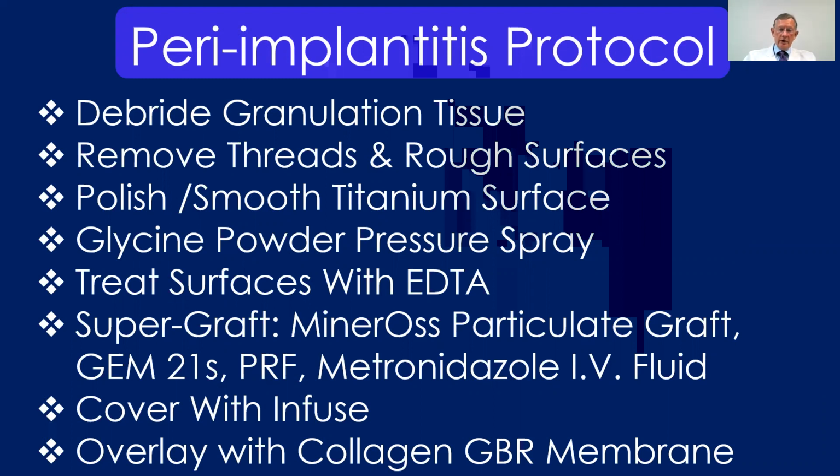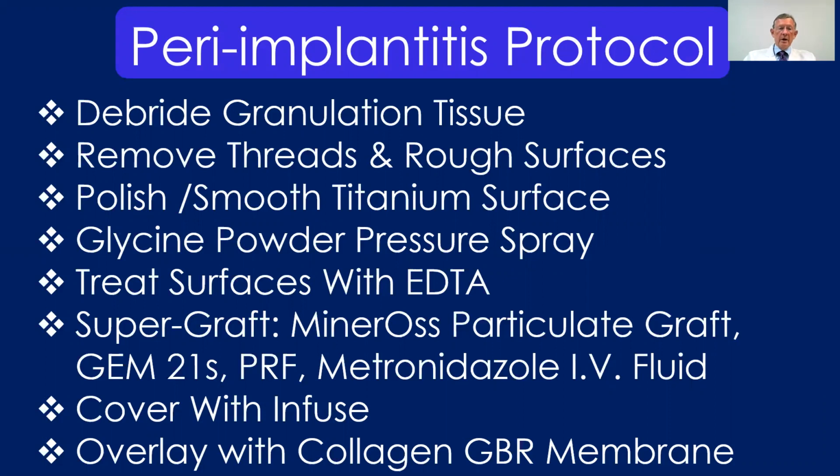Debride granulation tissue. Remove all threads and rough surfaces. That's radical. However, radical problems sometimes require radical treatment. Then we go on to polish and smooth titanium surfaces. No coating remains, no thread remains. Then titanium dust and debris is removed with glycine powder pressure spray. Surfaces are then further treated with EDTA, ethylene diamine tetraacetic acid,